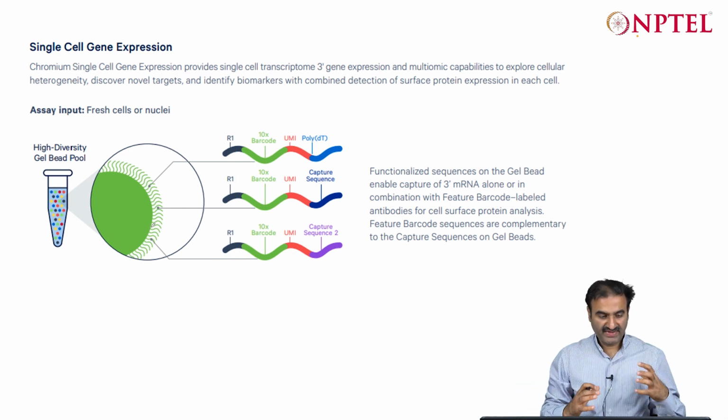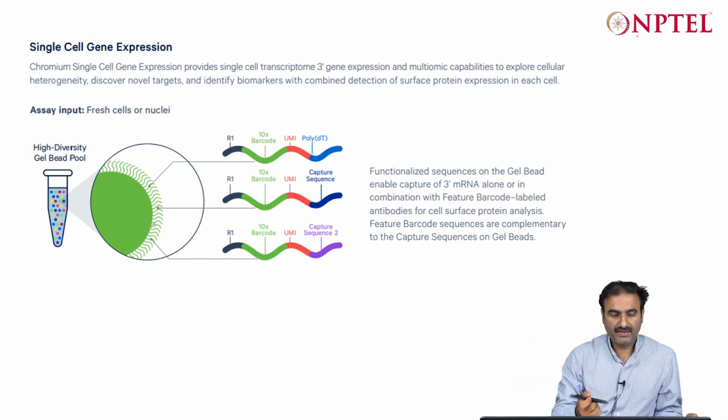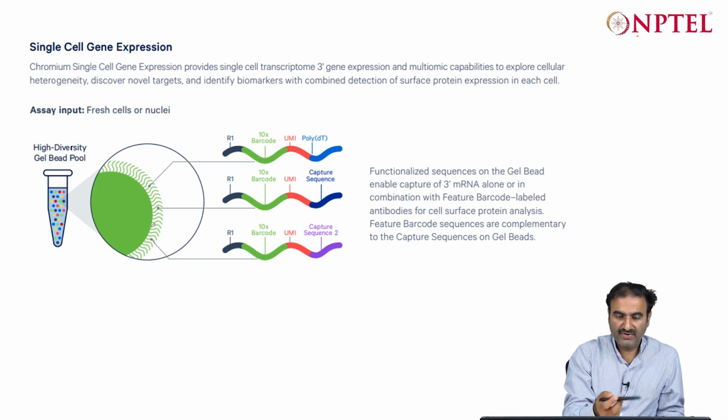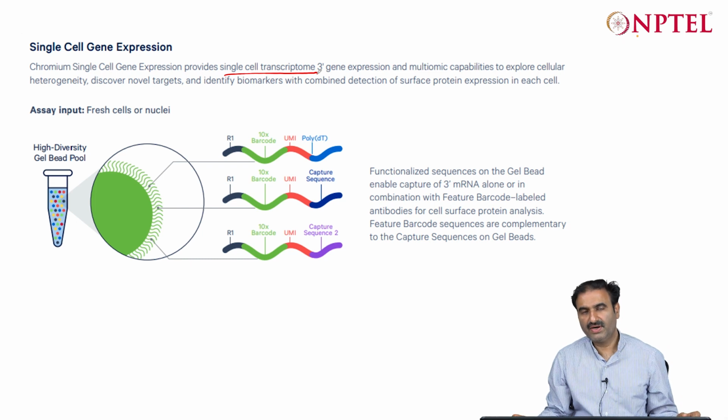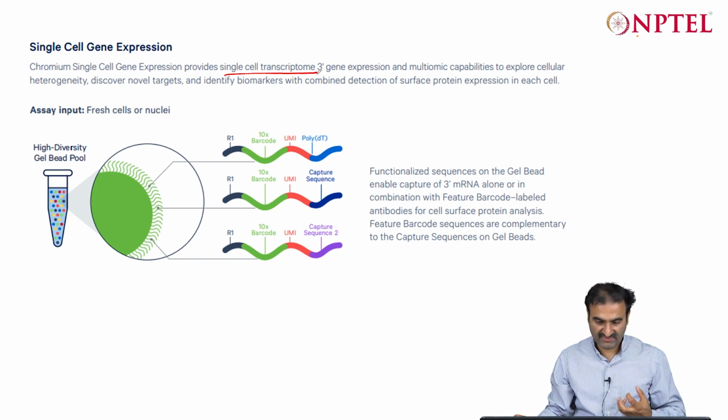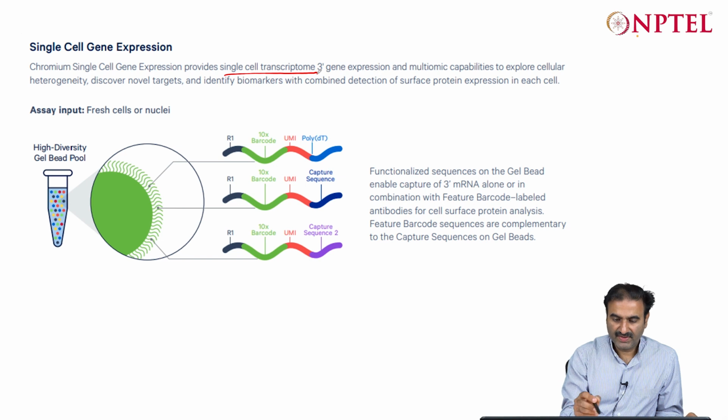Okay, now in the same bead you can also do the gene expression study, which can provide a single cell transcriptome, okay, to explore the cellular heterogeneity and to get more insights about the gene expression of each and every cell. So basically the functionalized sequences on the gel bead enable capture of 3' RNA alone or in combination with feature barcoded antibodies. Okay, so these are the sequences which are captured,